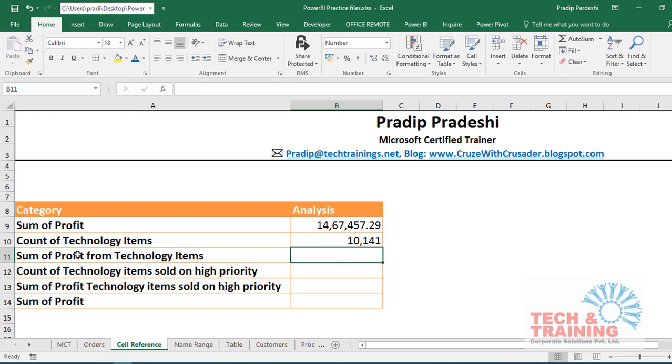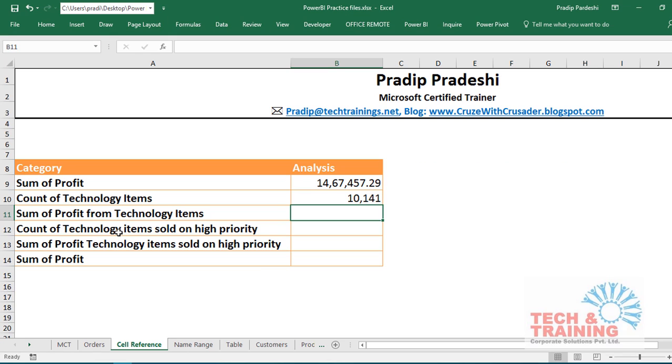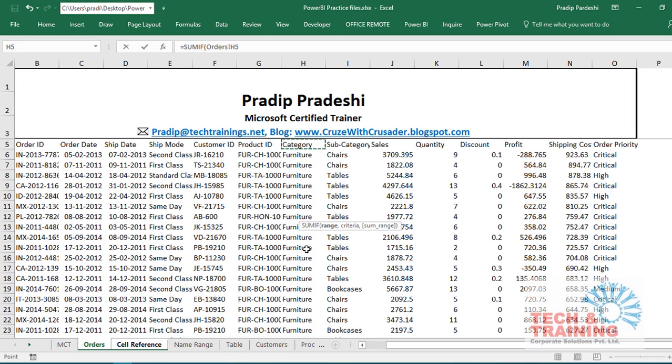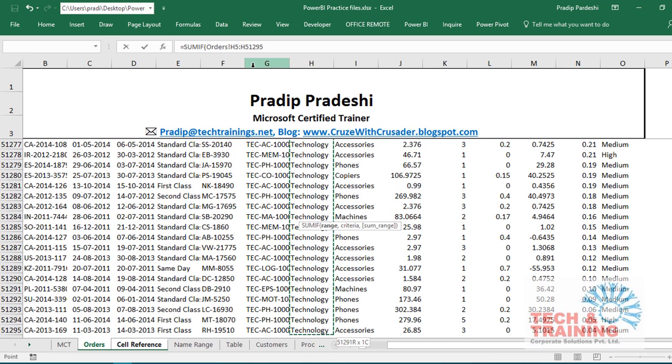Now, I would like to find out the sum of profit that I've made from all the technology items. So here I'm going to be using the SUMIF function. In the SUMIF function, it is asking me for a range. So I go to the orders table once again, and I go to the top. I select the entire category column. Now I would like to bring to your notice that I am starting my selection from the 5th row, and I press Control Shift down, and it goes till